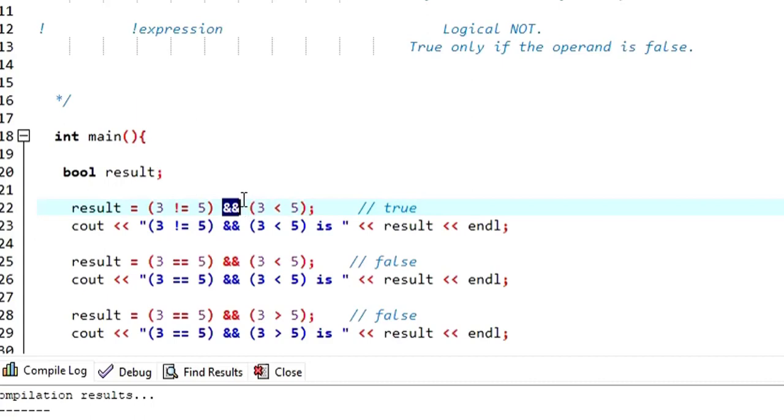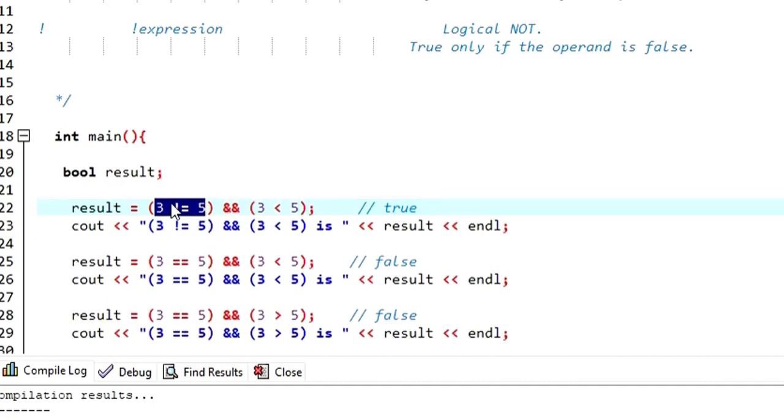What this logical AND operator does is check both conditions. This is one condition, this is another condition. If both of them are true, then it is going to return true. If one of these conditions fails, then it is going to return false when you use the logical AND. So this condition is true, isn't it? 3 is not equal to 5. They are two different numbers, they're not equal.